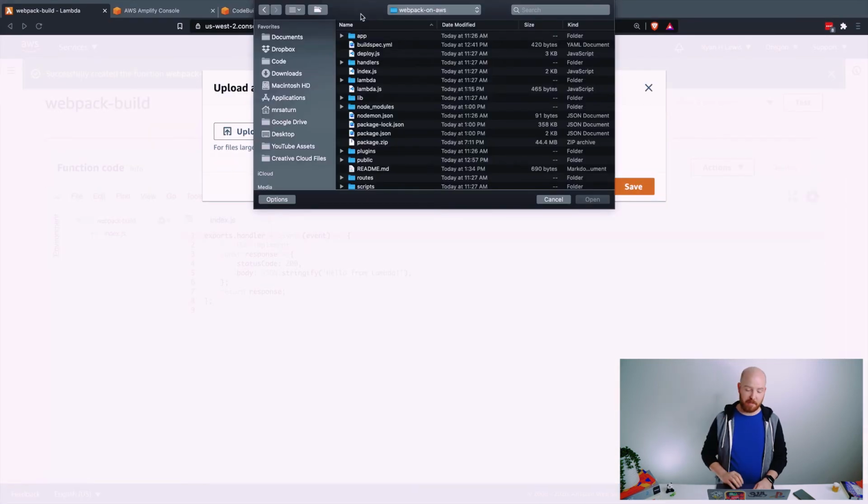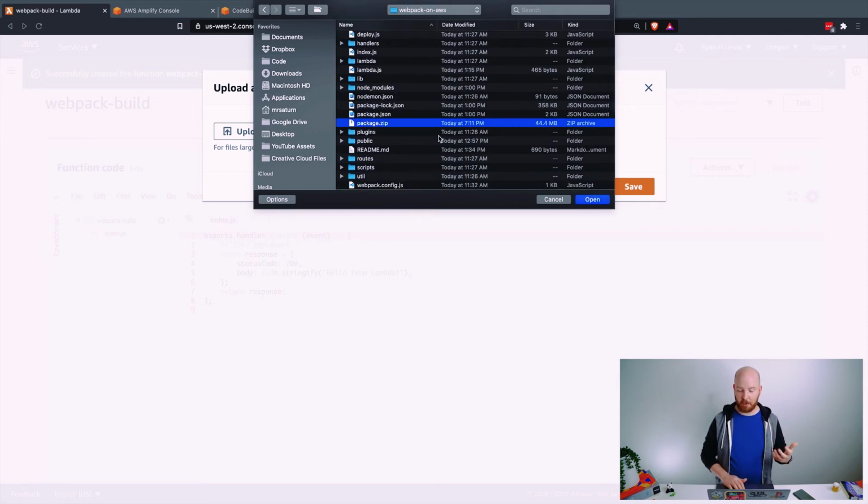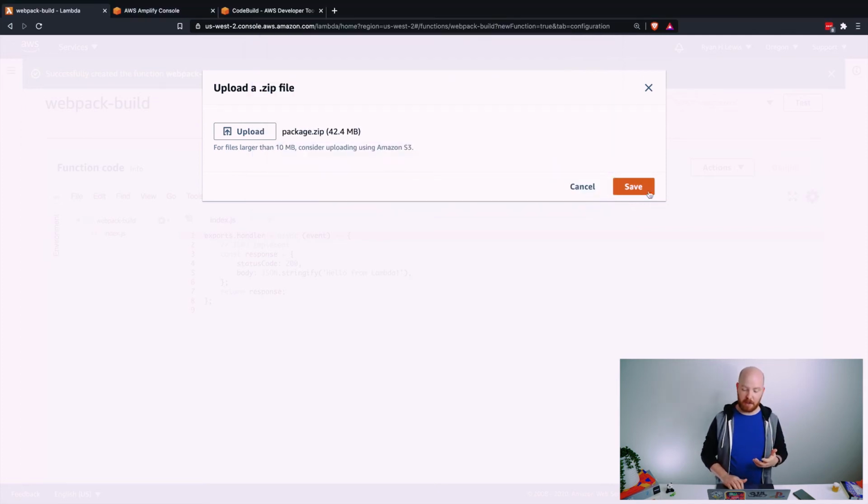I actually had to cut a few dependencies here because the package zip was too large. Lambda has an upload limit. Let me save that. So Lambda has an upload limit of 50 megabytes. And so that's one of the tough things when you are building things in Lambda. You kind of have to put all of your dependencies into the Lambda so it will be able to do the build correctly. And sometimes when you do that, you start getting up against this 50 megabyte limit, which unfortunately is a hard limit. You can't grow it at all.